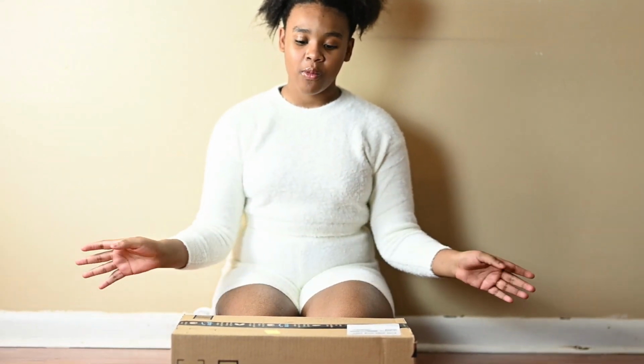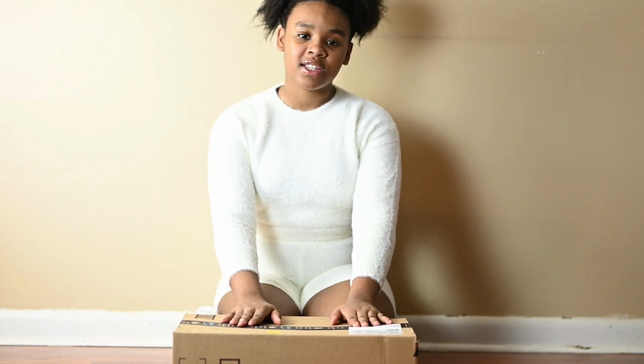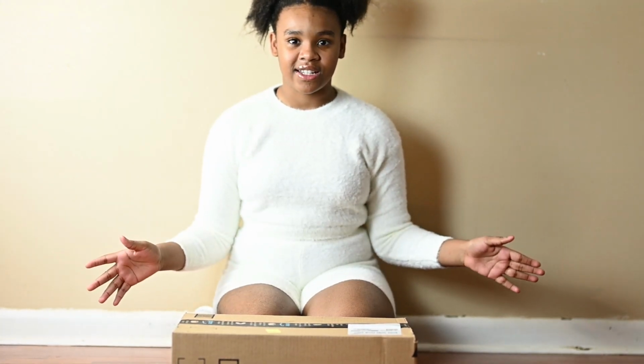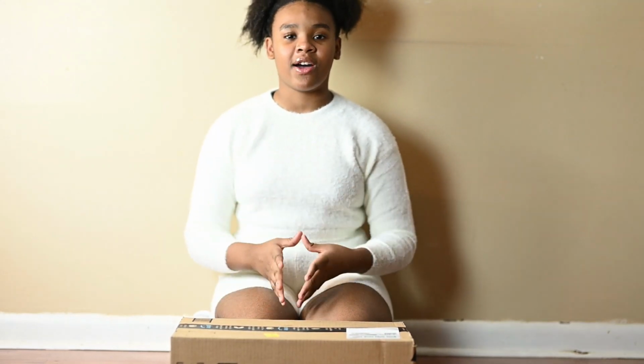So today I'm opening one of my presents from Christmas. So this present is from my best friend Clea and this outfit is from my sister Janaya. So let's get started. Okay, so I don't know what's inside this box, but right now I'm going to guess